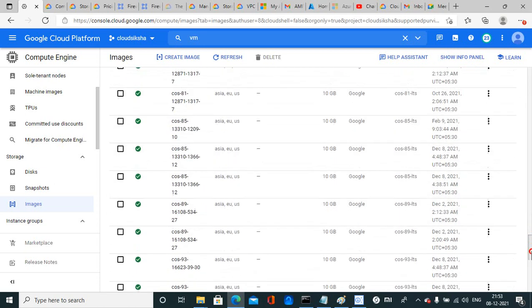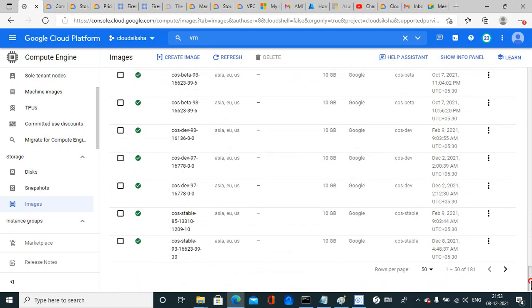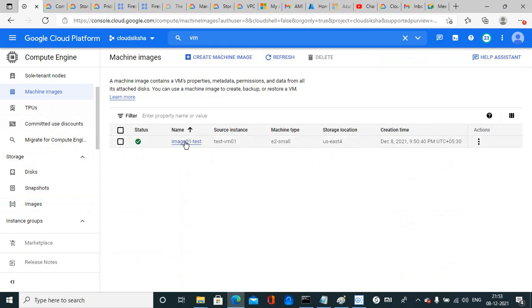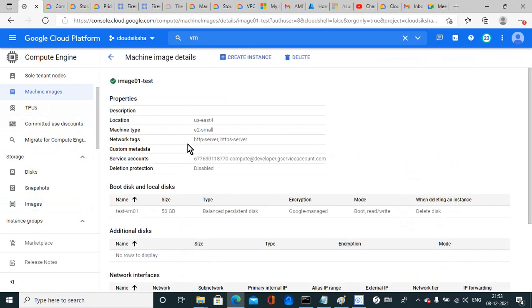These are the default images which are already in the GCP console. So in storage and image, you will find the default images, and in machine image you will create your custom image, or you can put your VHD file over here. So just open the image and create instance.